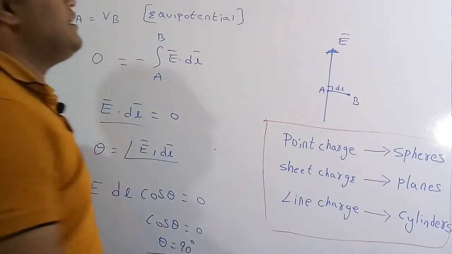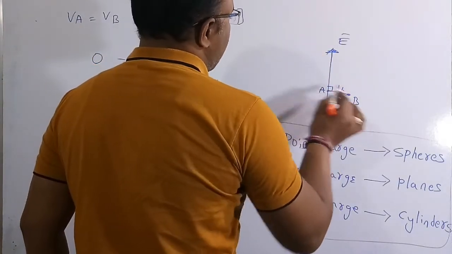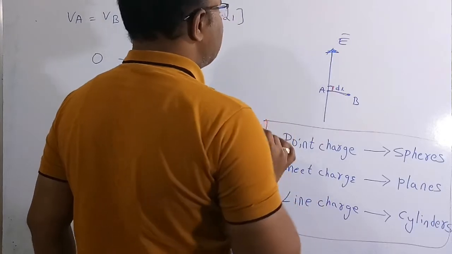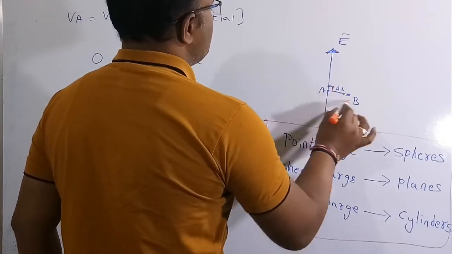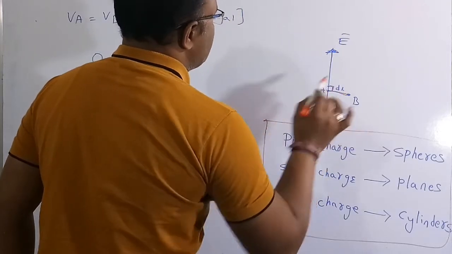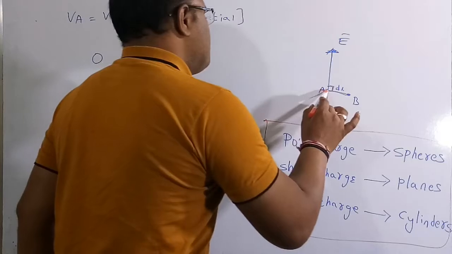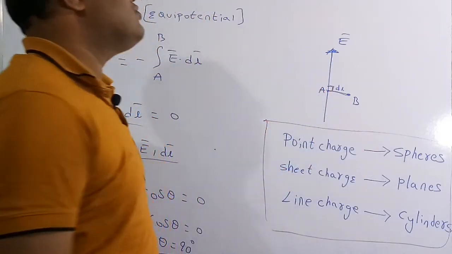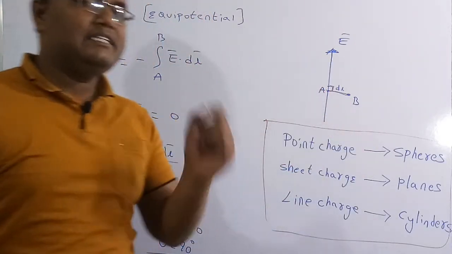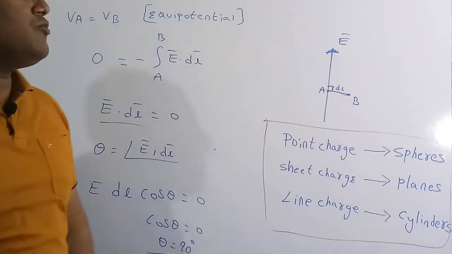So therefore we can say, if this is the E bar, then definitely we have to move perpendicular to the electric field in such a way that we cover the 2 points A and B. So therefore the potential at point A is equal to the potential at point B. So therefore we can conclude that this is the equipotential plane, which is perpendicular to the electric field. So at each and every point on that equipotential plane, the voltage is